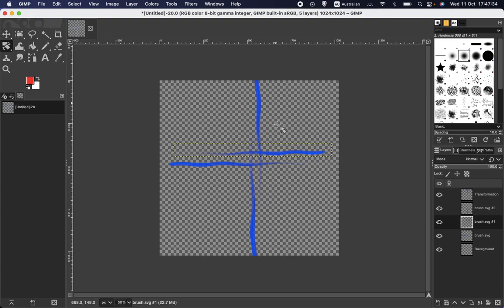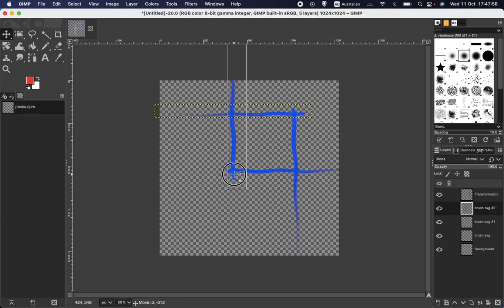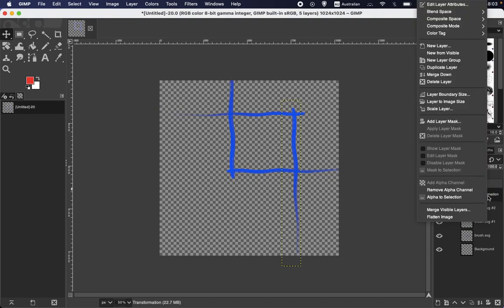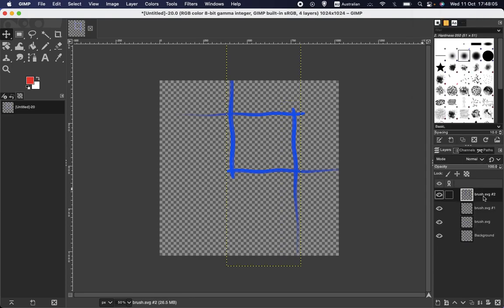Okay. So now we've got four lines going in sort of an up, a down, a left and a right one. I just moved them to be roughly a square shape. Something like that, usually with the head of the brush stroke being at the bit that's going to be the square. Then I merged everything down, which turns it into a single layer,